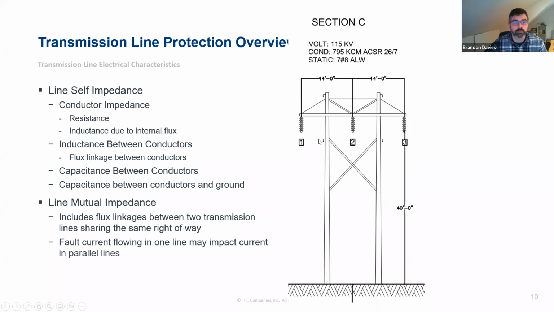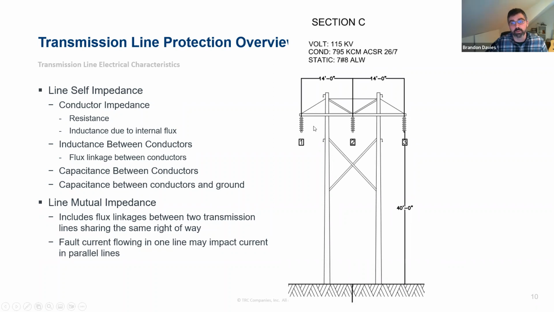So there'll be a capacitance both between the phases themselves and between the phases and ground that need to be built into the calculation of those parameters. And then, in the case of what I showed on the previous slide, where you've got multiple lines sharing the same space, sharing a right of way, one of those clear cuts through over a patch of land, there'll be a mutual impedance between the different lines as well, because you may have